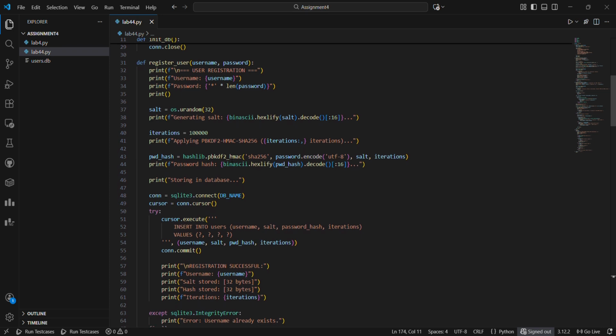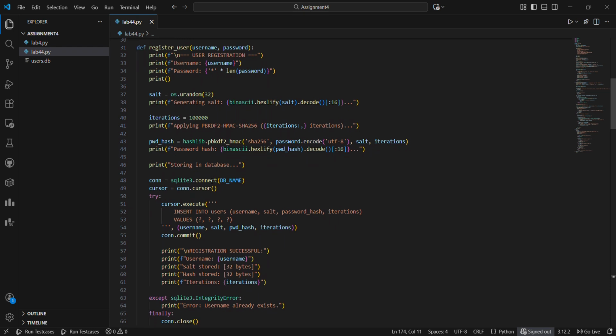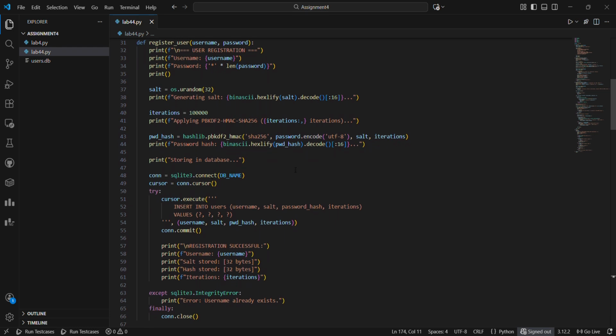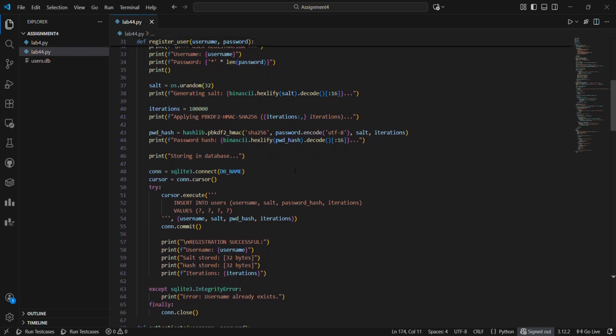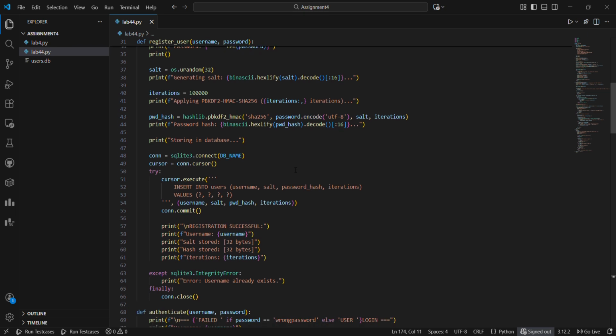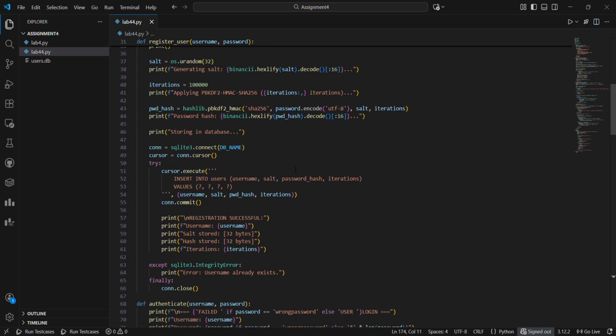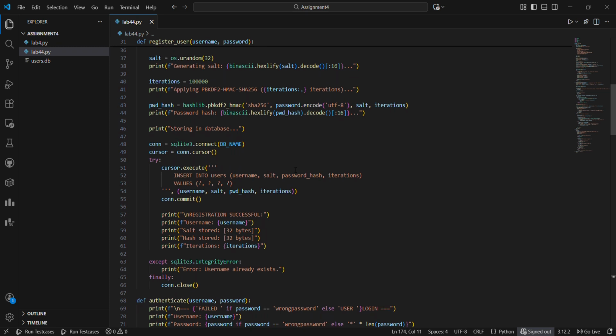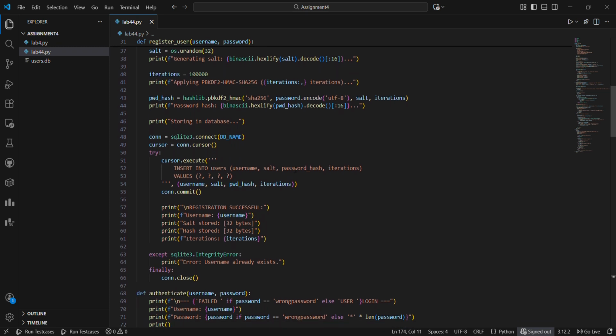Then I use the PBKDF2 algorithm with SHA-256. As you can see here, I'm using 100,000 iterations. This key stretching makes the hashing process slow on purpose, rendering brute force and rainbow table attacks extremely difficult. Finally, we store the user